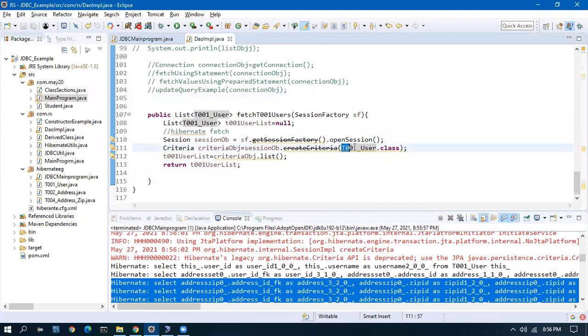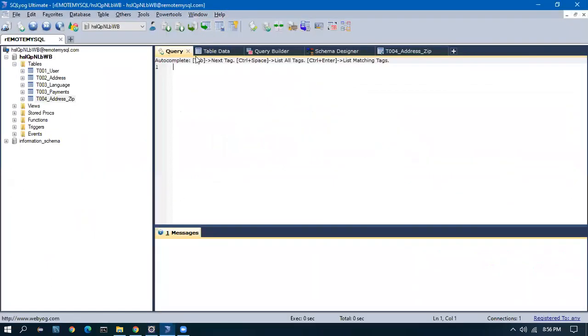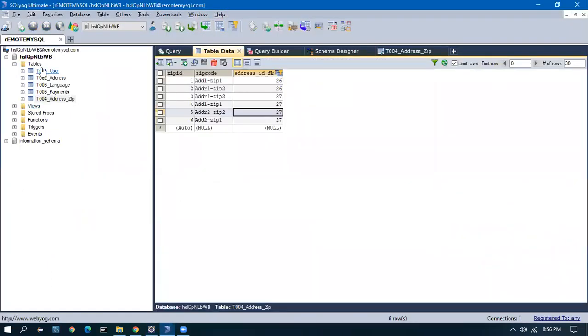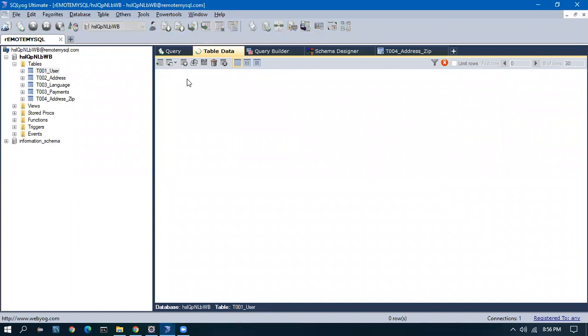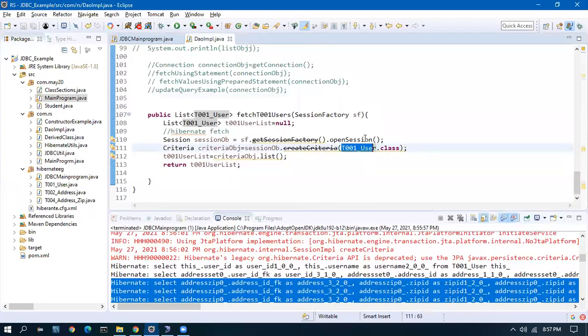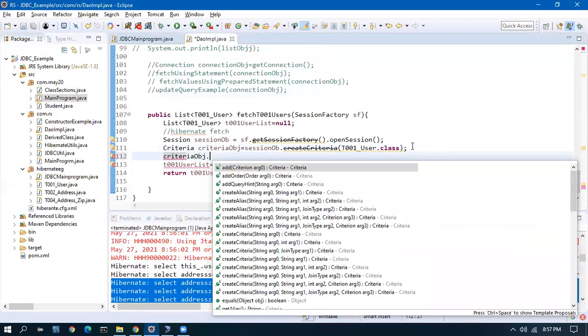I'm fetching the user table. When I fetch the user table, what should be there? Only the user record should come. Let me reduce it to one. I'll give user ID 1, in specific. I showed you the equivalent query, right?